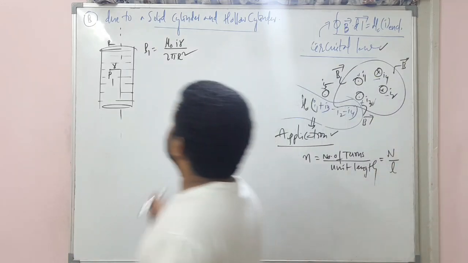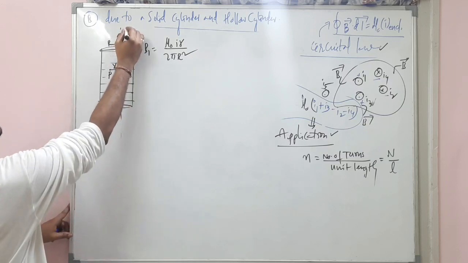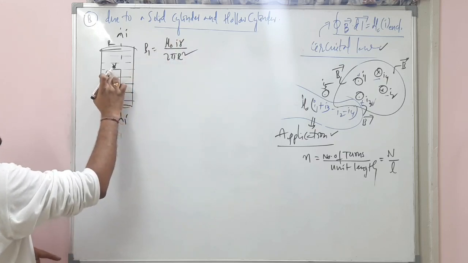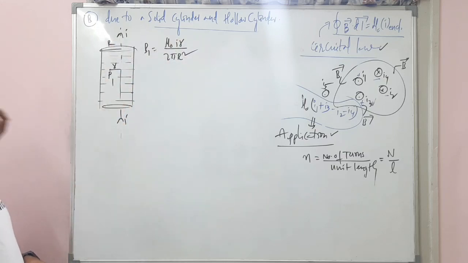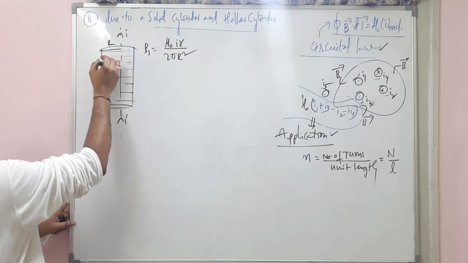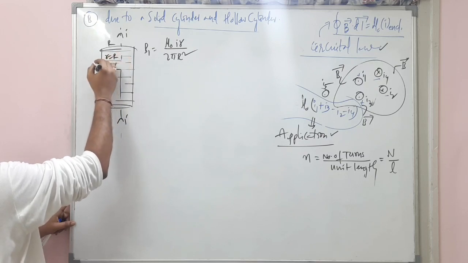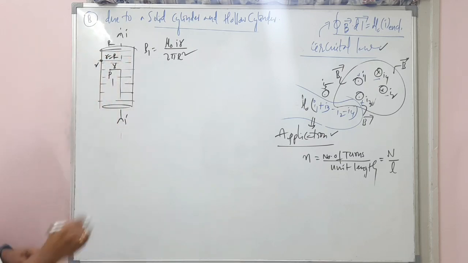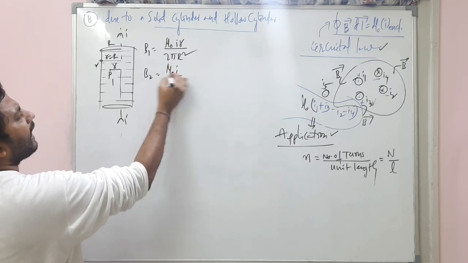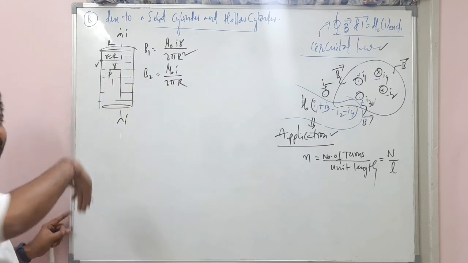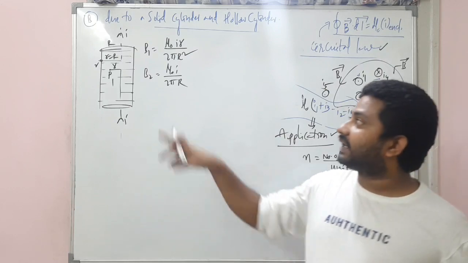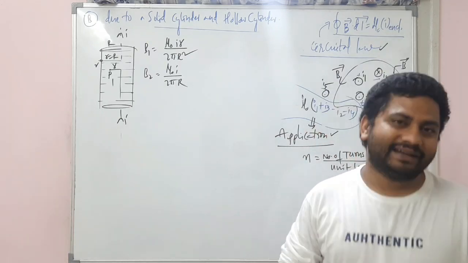Mu naught I, through this the current I is flowing. Small r is the point of consideration from the axis of the solid cylinder. Now, the second case is here somewhere on the surface. Small r is equal to capital R, second point. And at the second point, B2 is equal to mu naught I by 2 pi R. It is like a straight current carrying wire. Mu naught I by 2 pi R, where capital R is the radius of the solid cylinder.